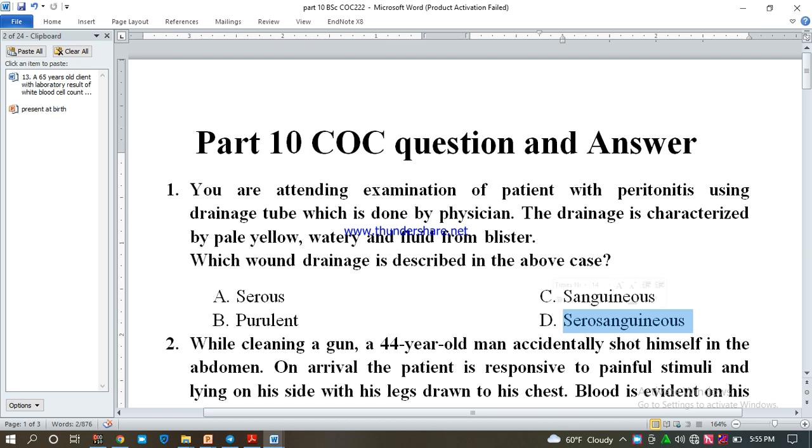ሴሮሳንጊኒየስ drainage ማለት ምንድነው በምንልበት ሰዓት the wound drainage secreted by an open wound in response to tissue damage or tissue injury. It is a thin and watery fluid, the fluid is watery and it is pink in color due to the presence of a small amounts of RBC ስላለው the color is pink color ይኖረዋል ማለት ነው። ስለዚህ serosanguineous drainage ብለን የምንጠራው watery ነው, pink in color እና thin የሆነ fluid like structure ያለው ከሆነ እሱን ልናይ እንችላለን